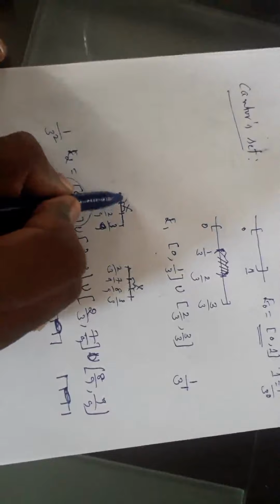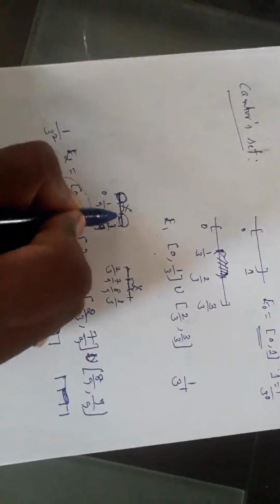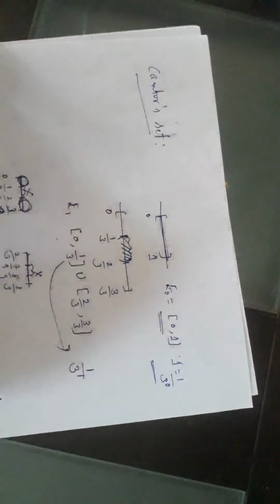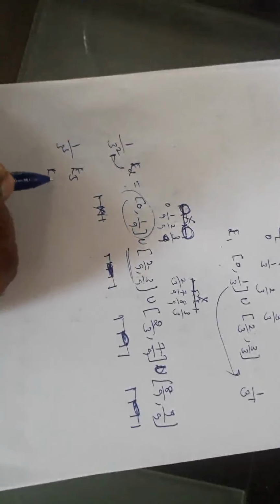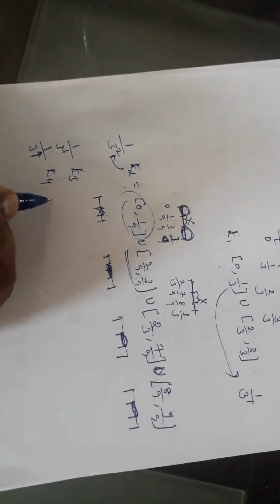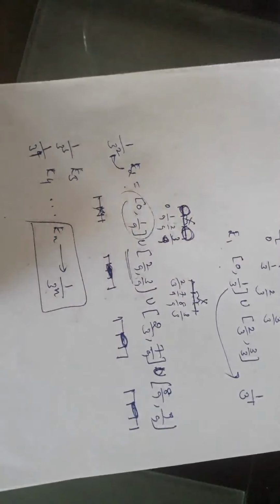Each interval I am writing, each partition or each portion of this, I am not writing the entire length. I am just considering a portion equally divided. It is 1 by 3 squared. Here it is 1 by 3. Here it is 1. Right? That means for E3 it will be 1 by 3 cubed. For E4 the length will be 1 by 3 to the power 4. Is it clear? For En, that will be 1 by 3 to the power n, the length of the interval which we are considering as a portion.